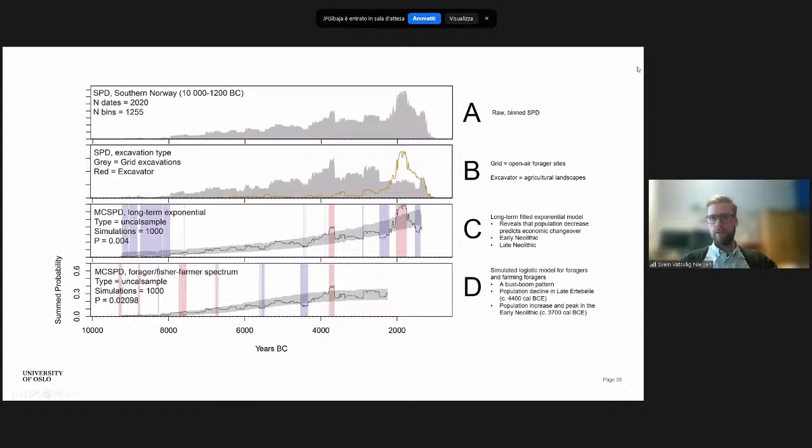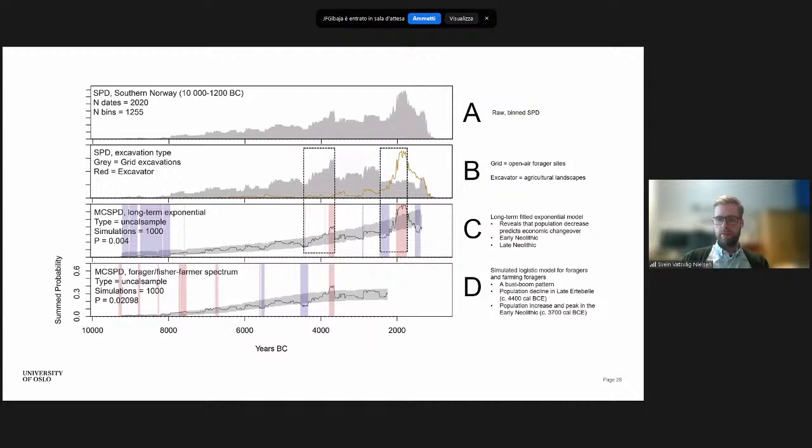In C, we have simulated a long-term exponential curve, and it reveals that when we know that there was a change in economy, this was preceded by a population decrease. We see it most clearly here in the late Neolithic, where we have this population decrease, the blue area followed by the red. So when we make another